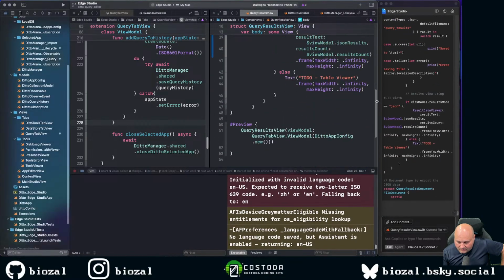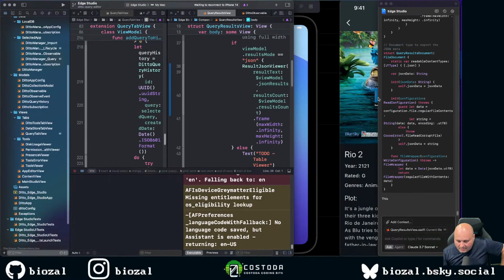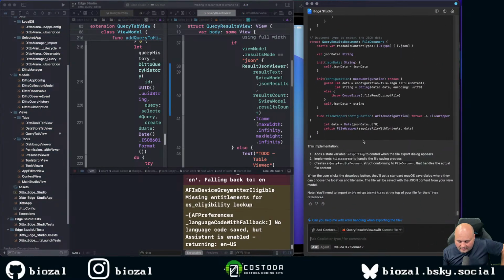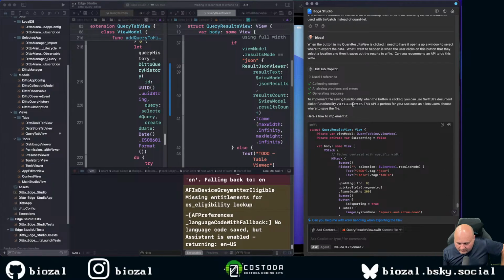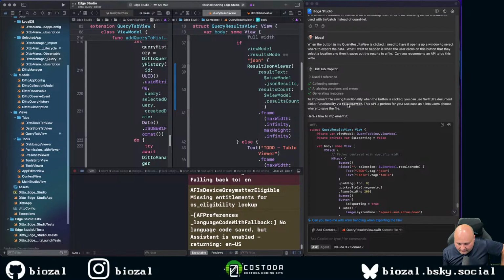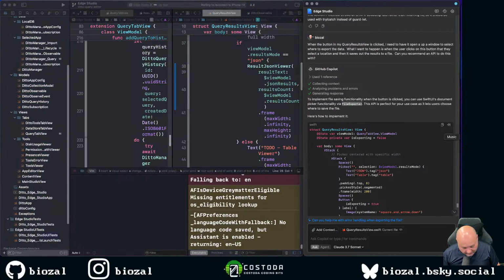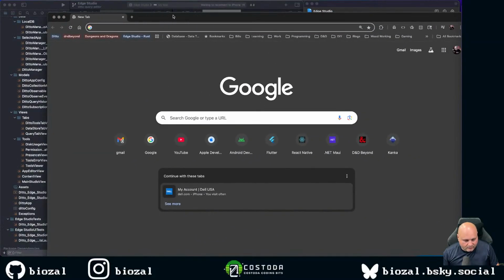The results can be kind of tricky to read. And a lot of times what I don't like about the AI tools is they don't tell me what API to use. So there's a file exporter API, the document picker function via file exporter. Okay, this API is perfect. That's awesome. Let's not take its word for it. I don't know if that's me distrusting the AI overlords, but let's go to